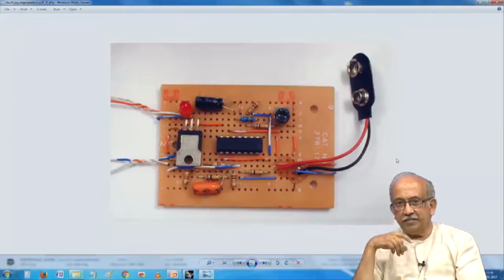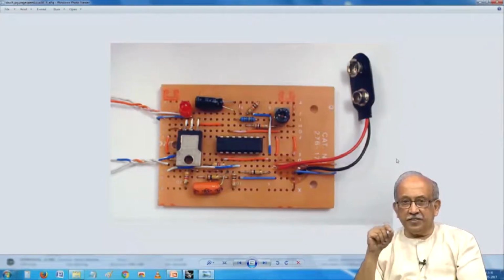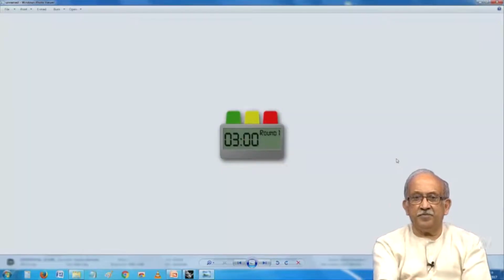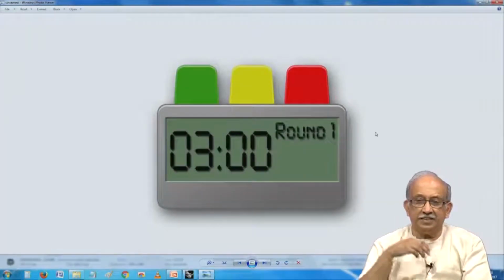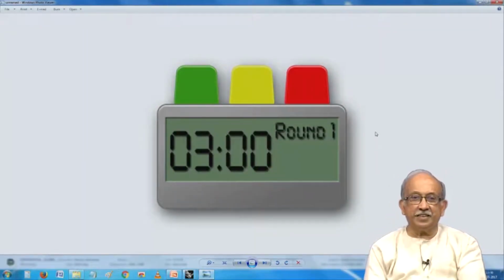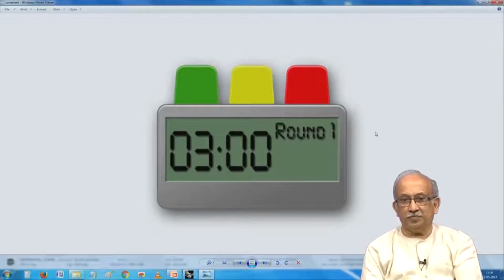You notice there we have a board with holes. One trade name for it is called a Vero board. So attach things on the Vero board and then you put an external power supply. It seems to work most of the time. It works. But then a timer is not just used in isolation. So you understand here, no? Somebody has made a beauty of a sports timer. I don't know what all the keys are, but you notice that there are keys and there is a display. Display and keys